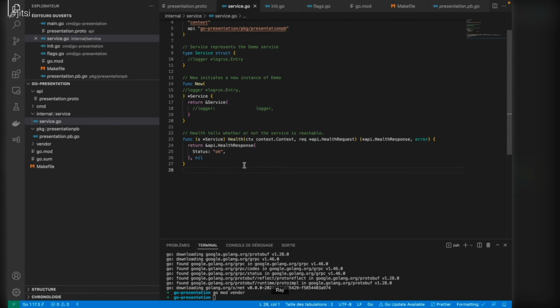And also, for tests, it's also easier because if you stick with gRPC only, you will have to create a gRPC client in order to test your gRPC function every time you create a gRPC function. But if you expose it in HTTP using gRPC gateway, you could put in place a Swagger in order to easily test all your API functions. But the Swagger part will be part of another video later.